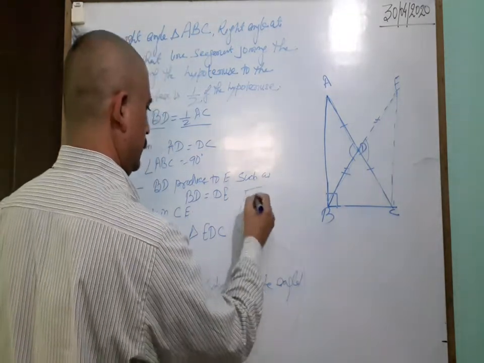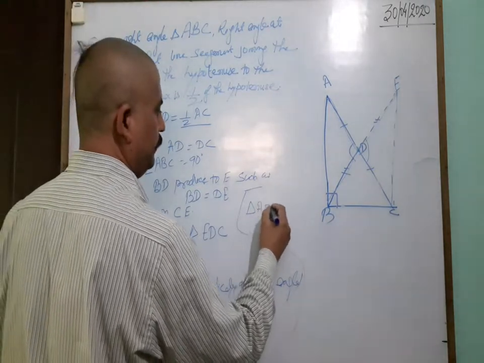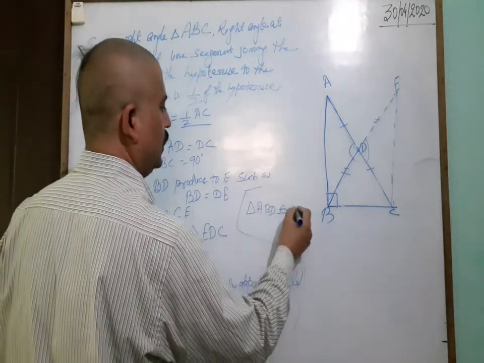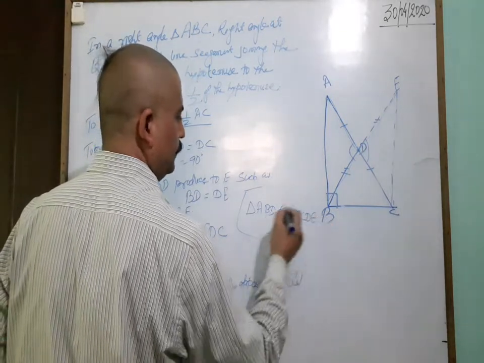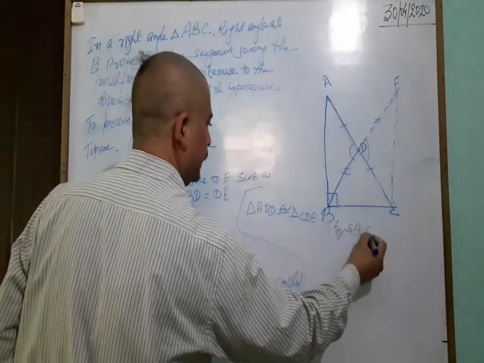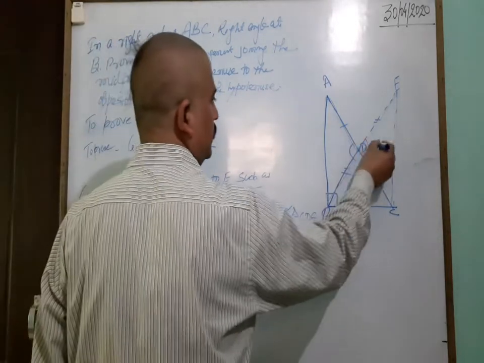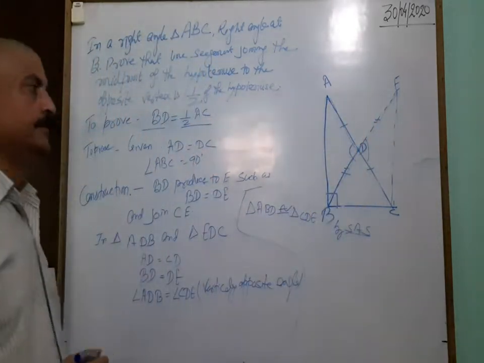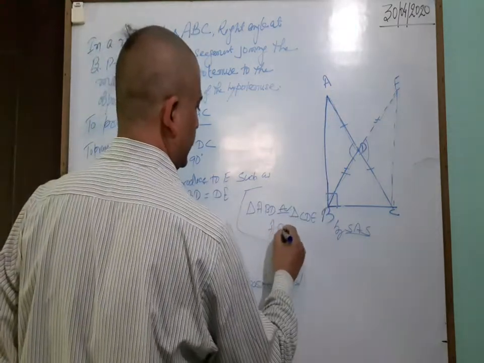Triangle ABD is congruent to triangle CDE by SAS. If the two triangles are congruent, then what do we get? We also said that AB equals CE